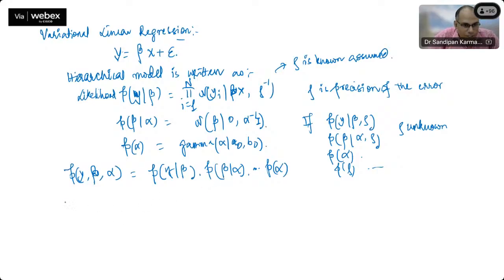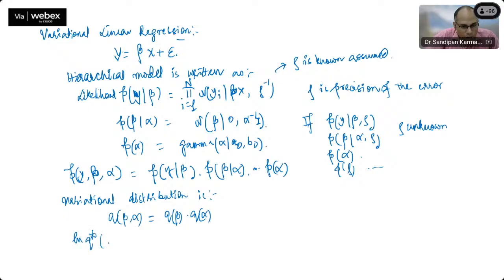So here the variational distribution is taken as Q of beta and alpha. These are the parameters I want to estimate. It is assumed to factorize as Q beta, Q alpha. So now first we are going for Q alpha, so ln Q alpha will be equal to